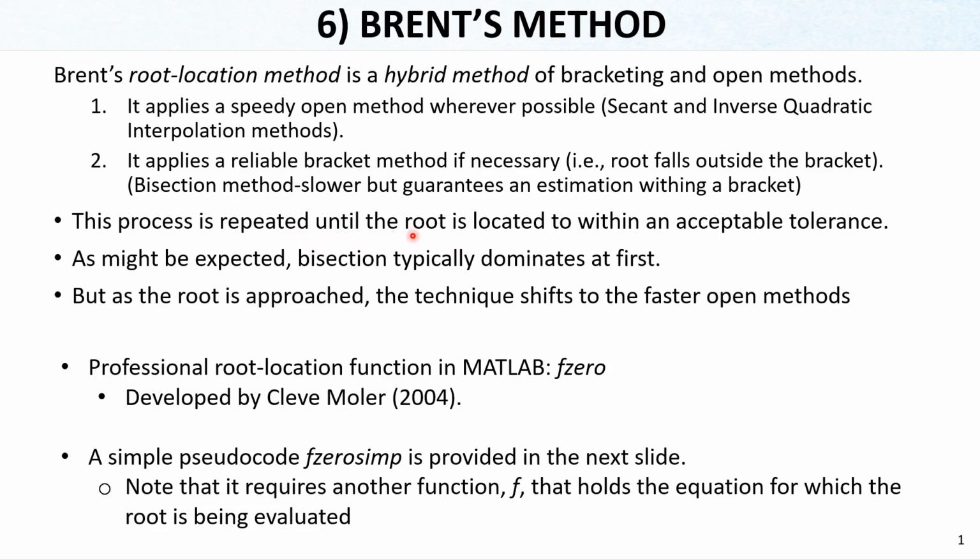It's repeated until the root is located to within an acceptable tolerance, and as might be expected, the bisection dominates at first, but as the root is approached, the technique shifts to the faster open method. Initially we start with bisection to make sure that we converge towards the root, because if we start with an open method, as we mentioned about the issues, it may not converge, it can diverge. Rather, we start with bisection, converge slightly, then we go to an open method, a secant method, and quickly go